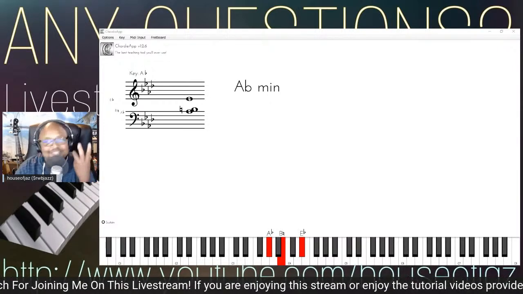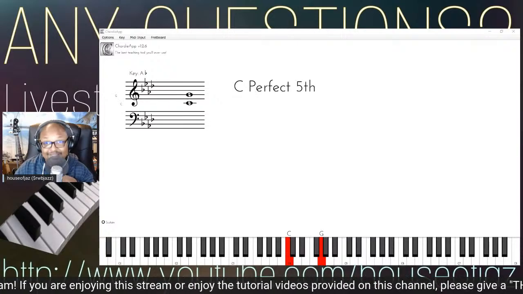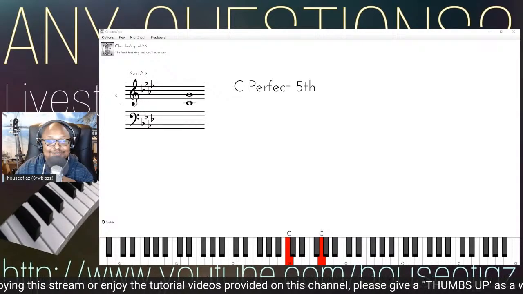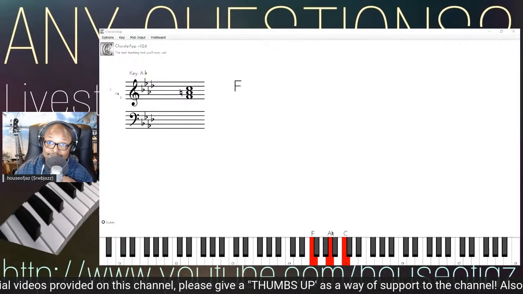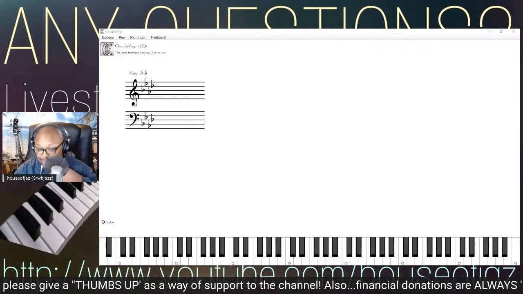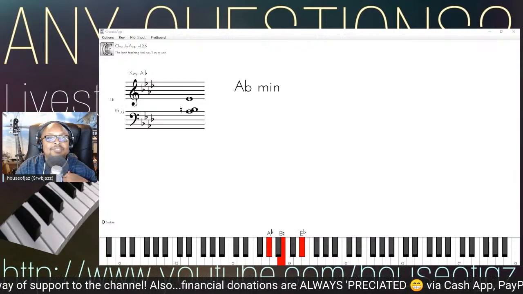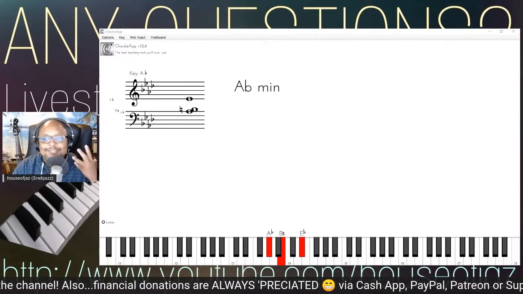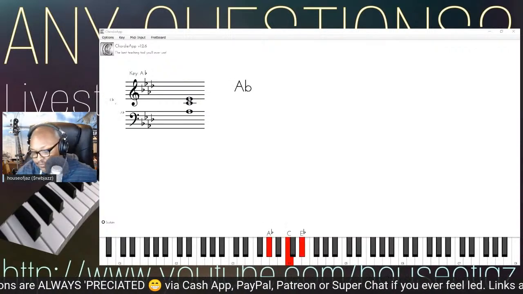Wow, it's the same formula, the same thing I did in the key of C. Remember, in the key of C, I just said take the 3rd note of the C scale. Boom. Same thing I did in the key of F, right? Take the 3rd note of the scale, drop it down. Okay, now we're in the key of A flat. Take the 3rd note of the scale. You see what I'm talking about, ladies and gentlemen? Learn your formula. Learn this formula. Okay. All right, so that's your minor